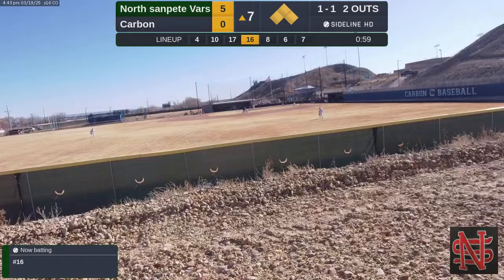Here comes the pitch. Chayton swings, drives one in the gap to right center. Jaden around third. Chayton stands up at a double. Jaden to home and scores. That's a 3-run double for